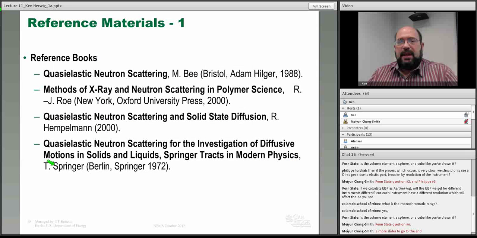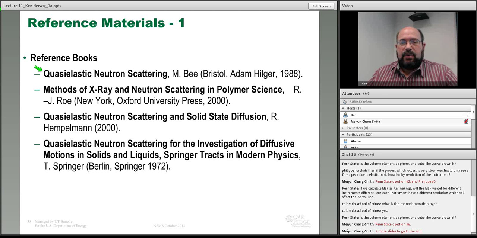So we're going to finish with my reference materials. These are some of the books that you might be able to find in your library. This one we mentioned earlier. I know it's in print. This one I believe is still in print. This one you would have to find out of print. And this wonderful book by Mark Bee is out of print. But if you can find a copy of it, you should really take a look, because it is a textbook